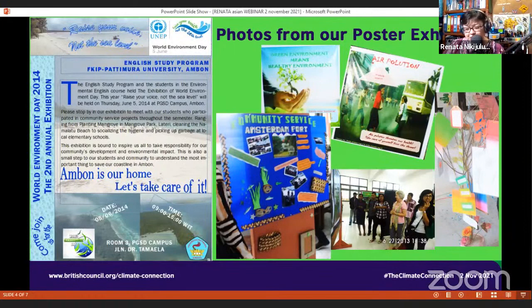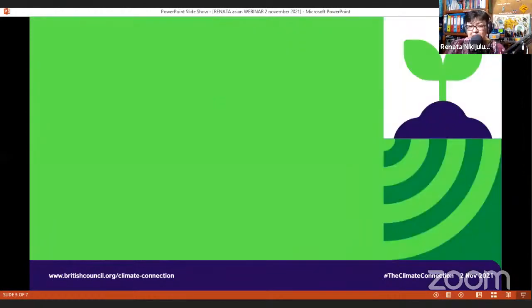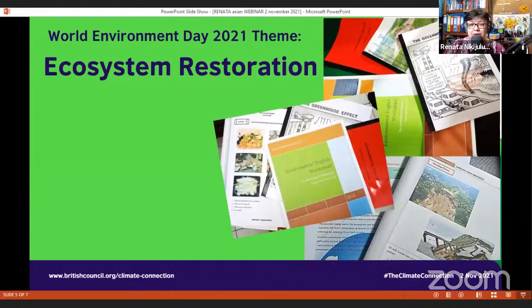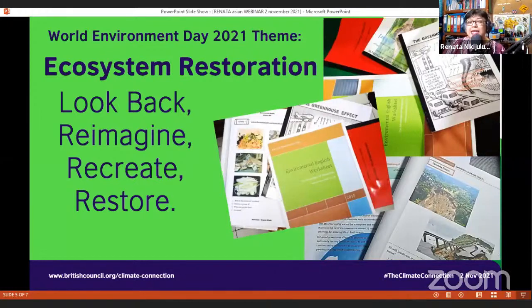However, when we searched for the new theme at the World Environment Day for this year, the theme was quite interesting because it is about ecosystem restoration. And one of the sub-themes from ecosystem restoration is what they call look back, reimagine, recreate, and restore. So for our course that we just finished in June last month, a couple of months ago, we needed to look at our previous textbook that the students had made,